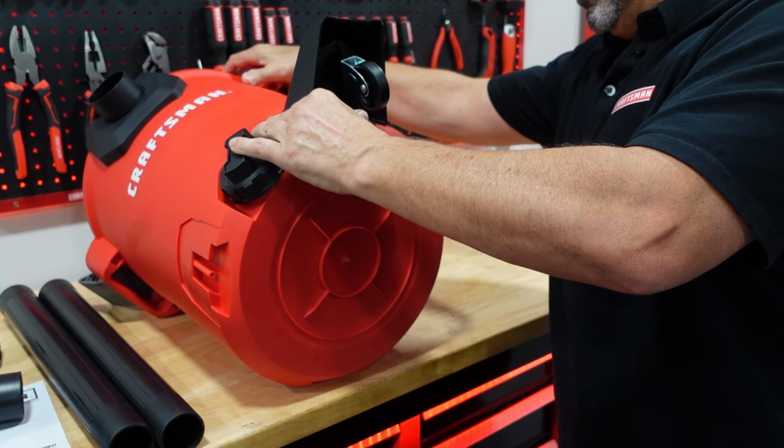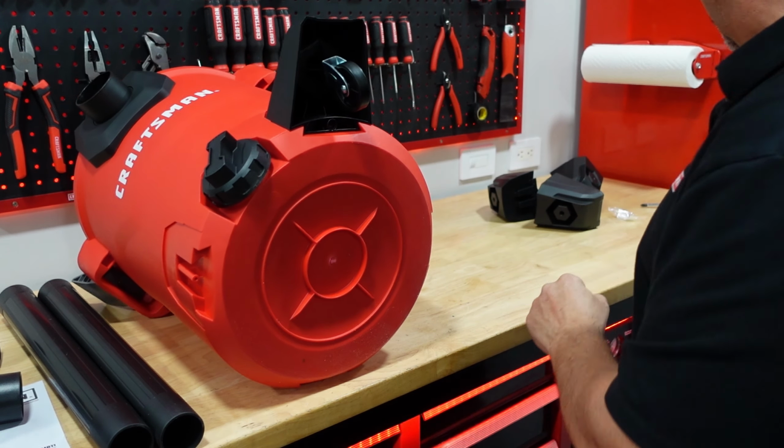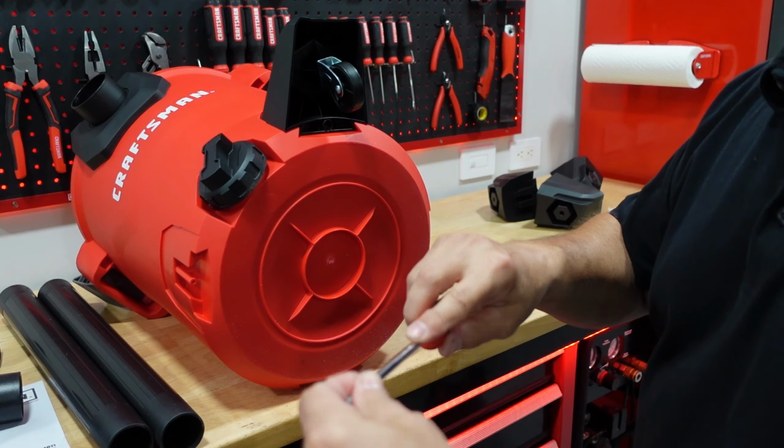And then push a little hard in there. There we go. And then you put the supplied Phillips